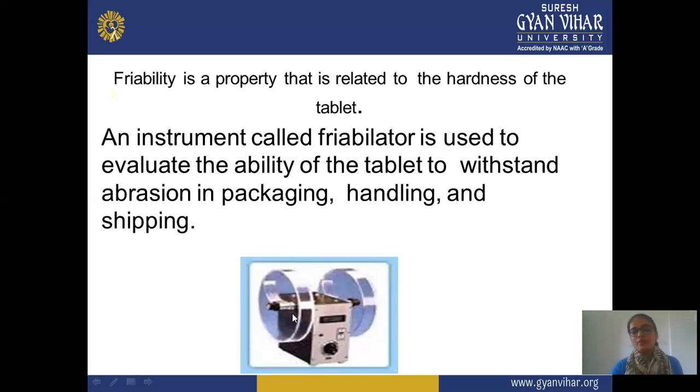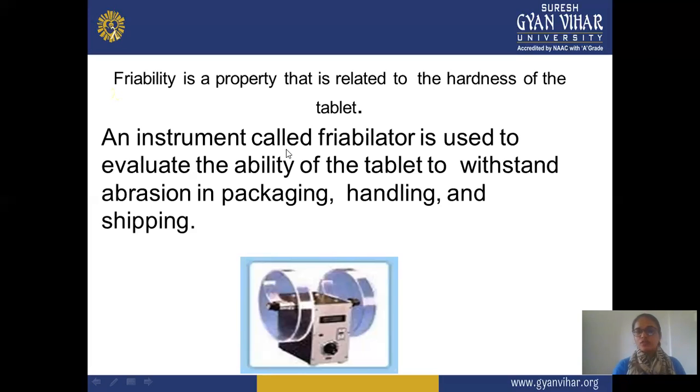And in this you put your tablet in the friabilator and start rotating, and you set a specific speed with 50 or 100 rpm, and the rotation started. After 100 rotations you check the weight, and before starting this procedure, you should weigh your 10 tablets. It's the initial weight, and after 100 rotations you again weigh the 10 tablets and check the difference, how much weight is reduced or how many tablets get broken after the rotation. So this is regarding the procedure of the friability test.